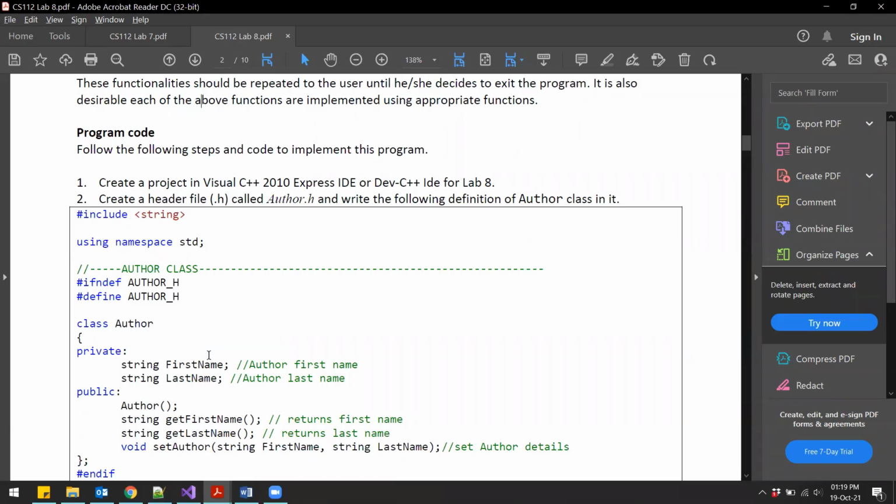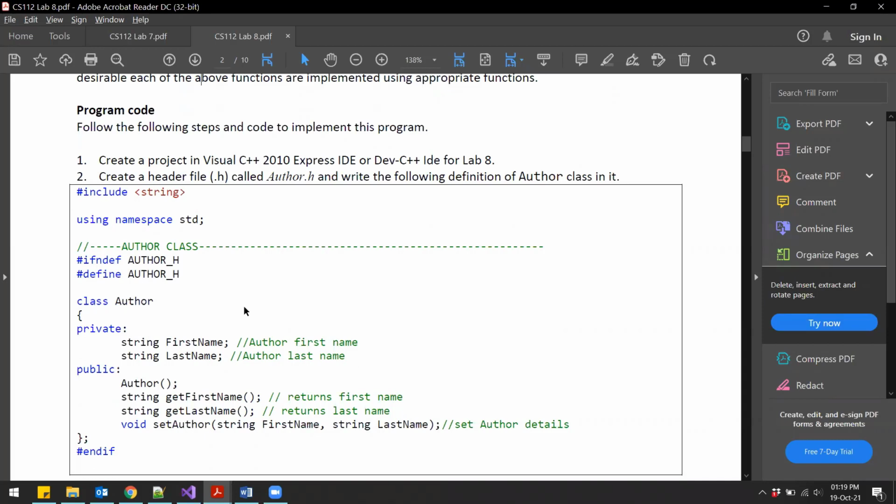Now in here we have something different from the last lab or the lab before that. In the previous lab we had all of the code in a single file, in a single main.cpp file. In here we are required to create a project in your preferred IDE. We are using Visual Studio, and we have to create a separate file for each of these classes or the implementations that are given.